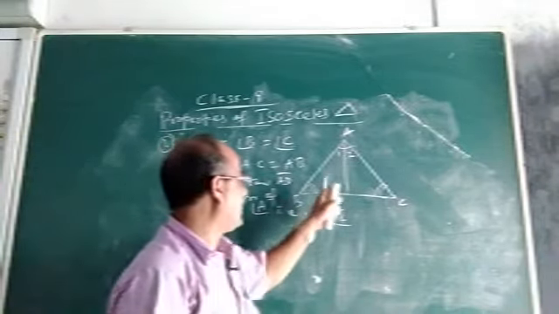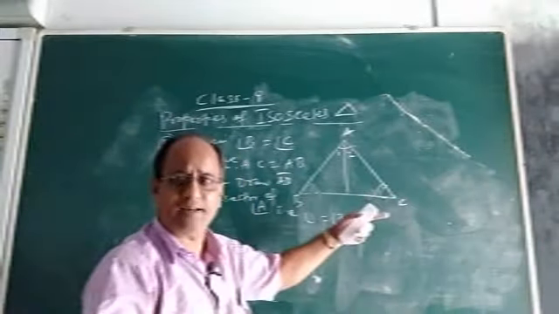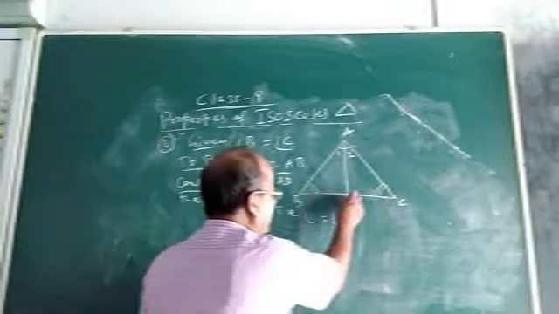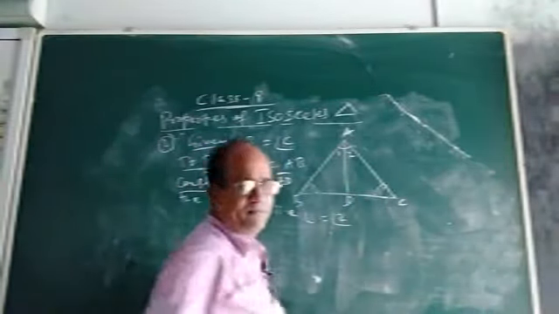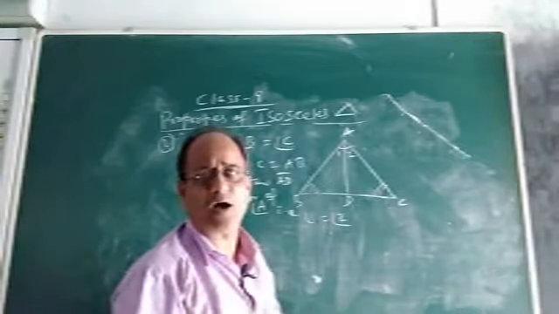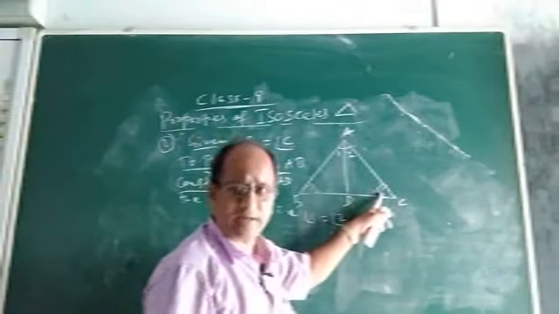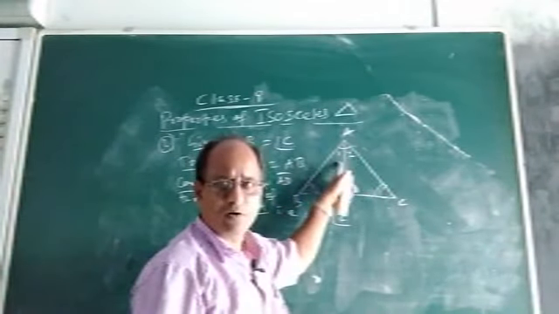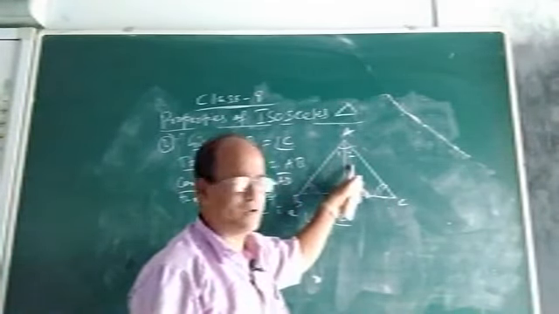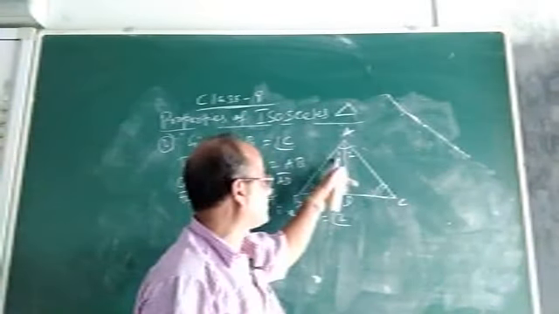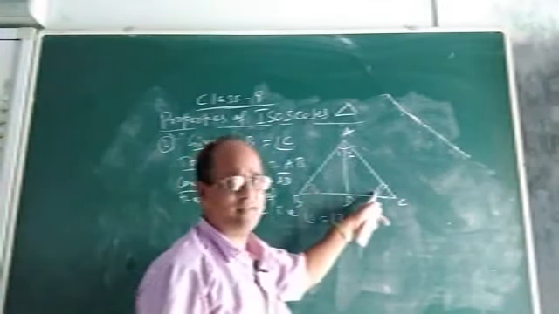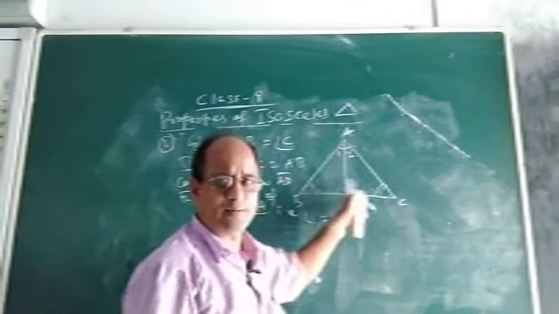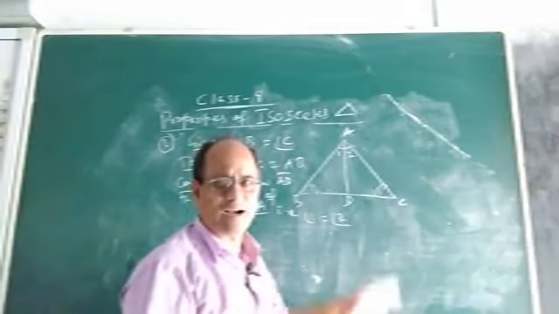Then how to prove that AB will be equal to AC? See, in a similar manner, to prove that AB equal to AC, you just take the congruency of triangle ABD and ACD. You can easily prove that they are congruent. How? See, look at this angle equal to this angle, it is given. This angle equal to this angle, 1 equal to 2, it is also. Why are 1 and 2 equal? By construction. Angle B and C are equal, it is given. Then what about AD? AD is the common side present in both the triangles.